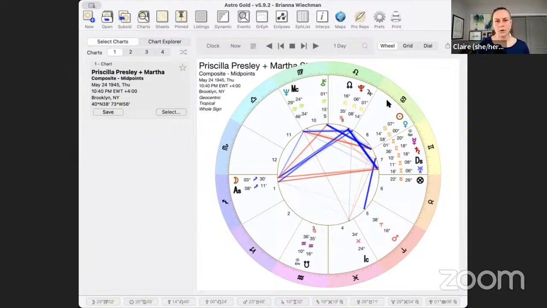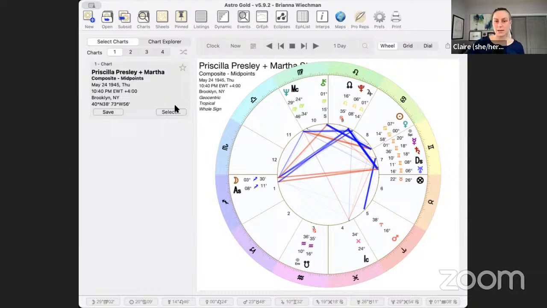To be frank, I've looked at both of them. I've used both of them in my own life and in the life of clients. They both work. Very similar to a lot of astrological things, a lot of it works, and it's just going to be a different perspective. Now, I have heard some people say that one shows you more the meaning and purpose of the relationship, and the other shows more the lived experience of the relationship. I personally think we can see all of that in all of the charts all the time. I don't think it really matters how we're calculating it. I think we can see meaning and purpose, and we can see the lived experience, no matter how we're doing the math.